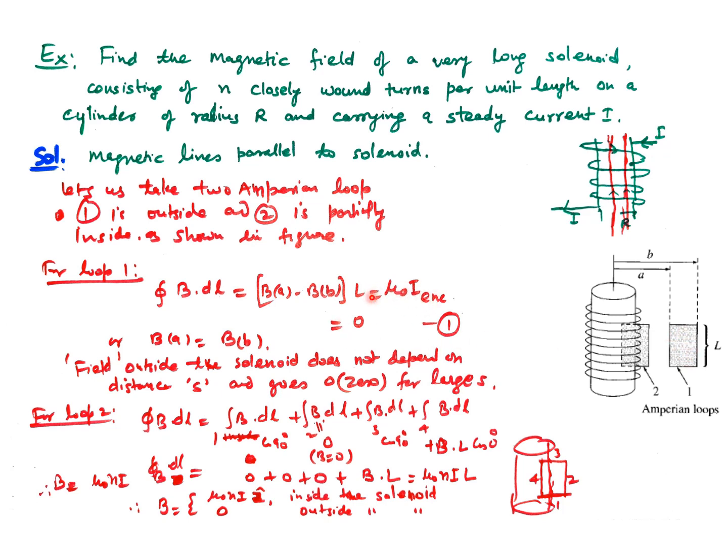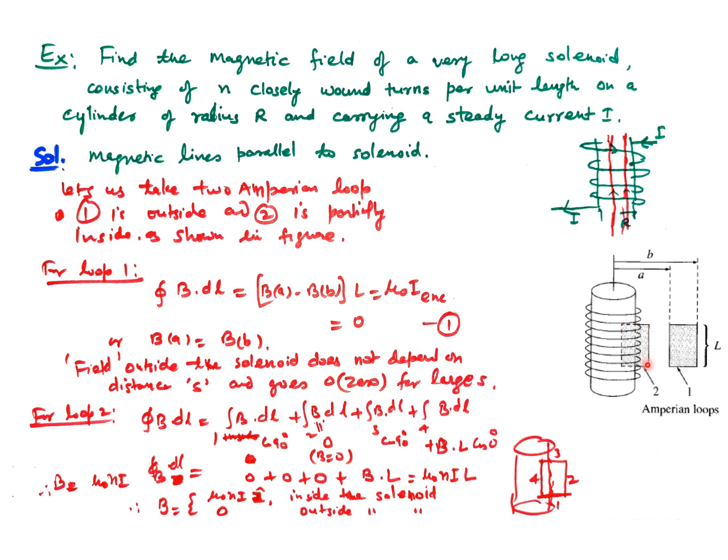So on the right hand side, Ampere's law is the closed line integral of B dot dl equal to mu naught into I enclosed, and I enclosed is 0, so that's why B equal to 0. So outside the solenoid it does not depend on the distance, and at large distance it goes to 0. So outside, it is 0, and for the inside point, suppose this is the point P,